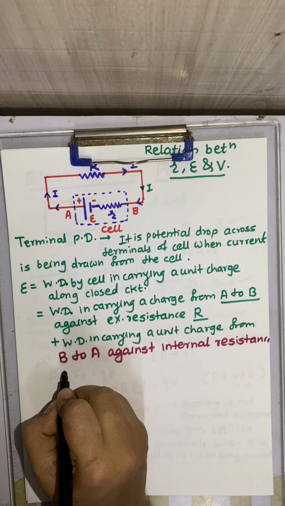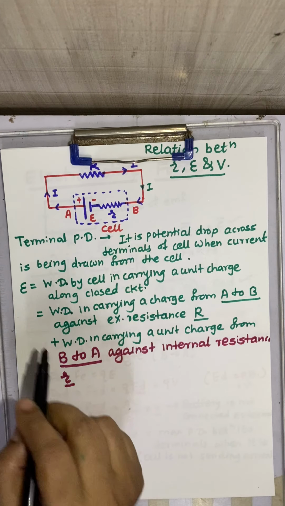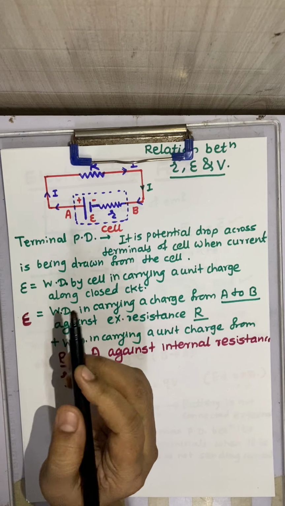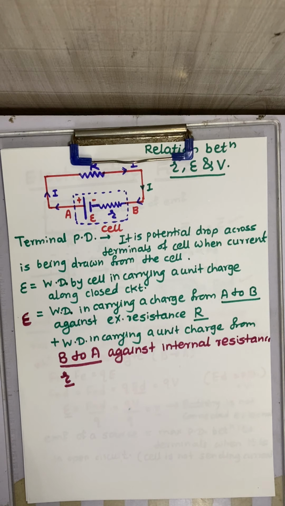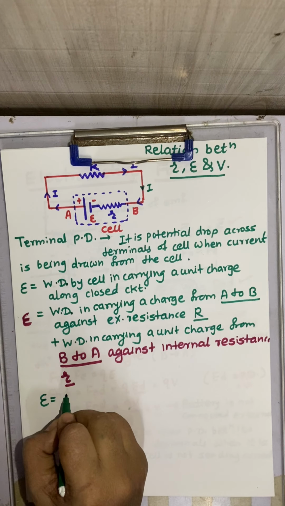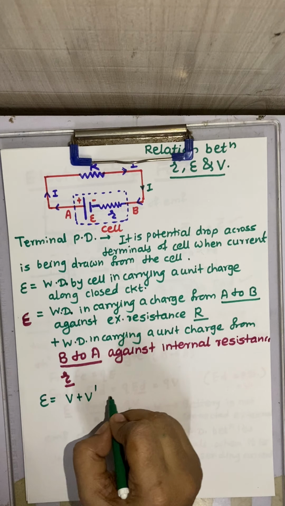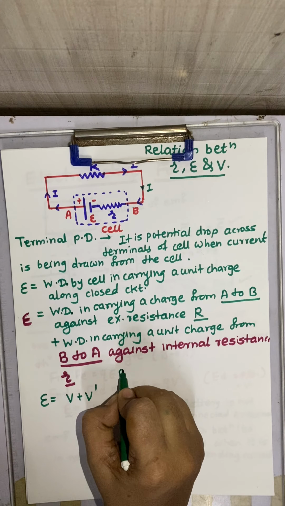Internal resistance small r. So this is very important. Together, the net work done is nothing but the EMF of the cell. So I'll write down now, this is nothing but E is equal to V plus V dash. Now by Ohm's law, suppose we apply Ohm's law,